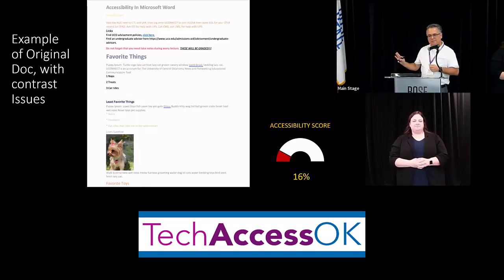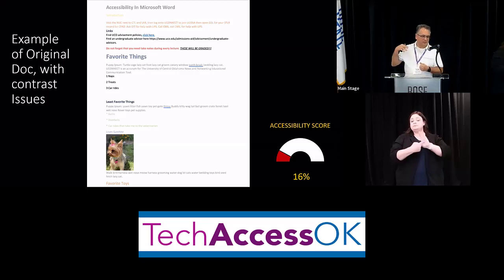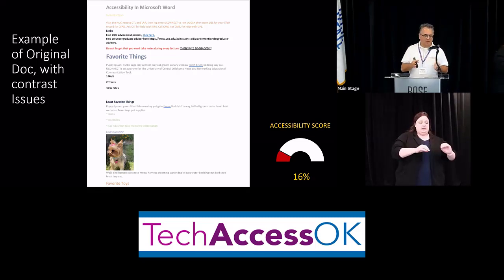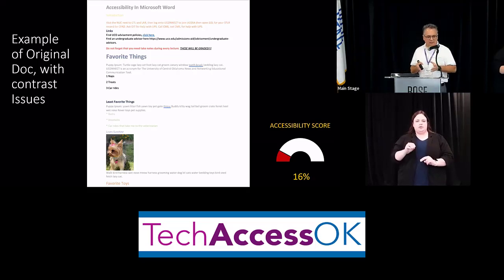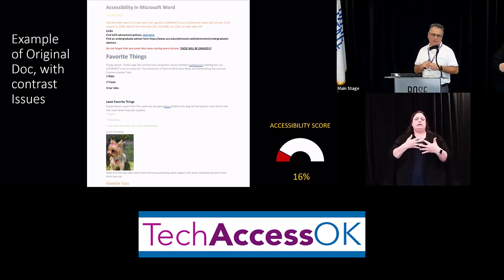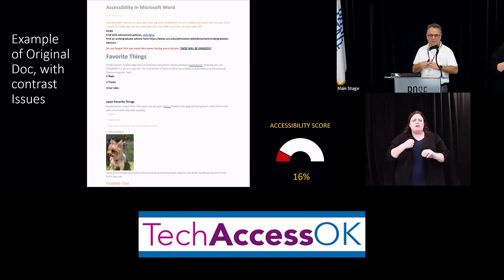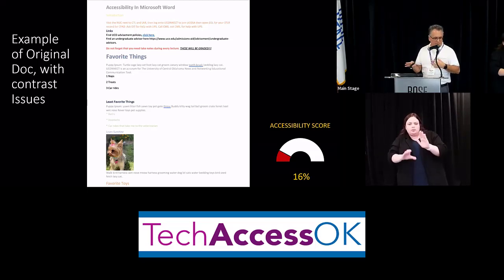So let's say I found the original document. It now has contrast issues, but our accessibility score has gone up from 0 to 16%. The document, as presented on this screen, has gray text over a white background, yellow text over a white background, orange and red text, and light blue text over a background. We do see a picture of a puppy at the bottom of the screen and a lot of words. So we've made progress.